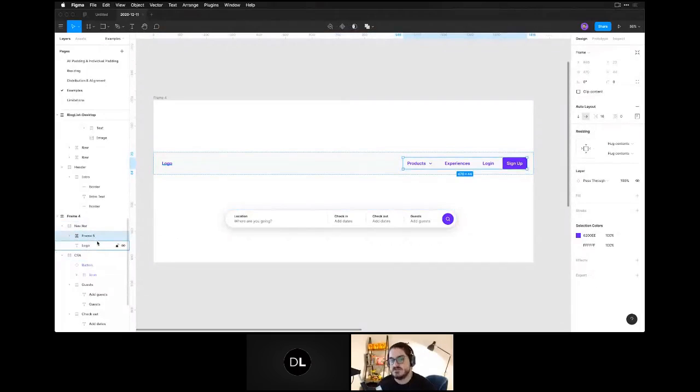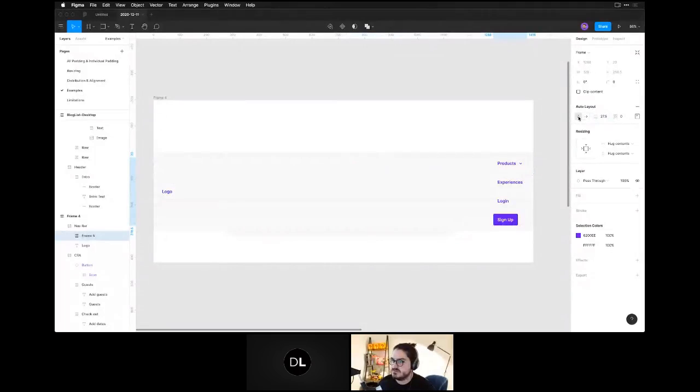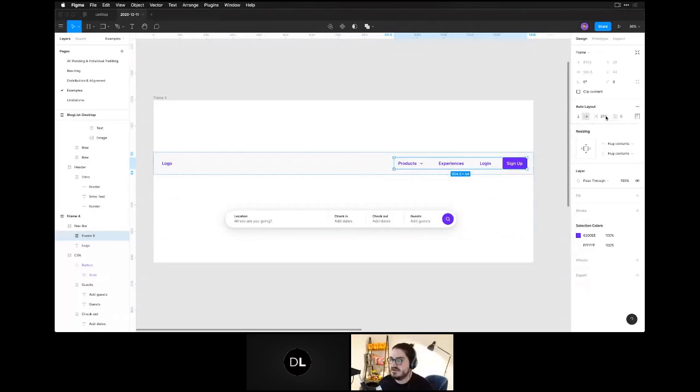And then as you can see, I've also done a frame within a frame that also has auto layout. So this frame 5 is also an auto layout that has 16 spacing in between it. I could stretch that out and set it to whatever I wanted there. I could set it to a stack like that. I'm not quite sure why you'd want to, but you can,